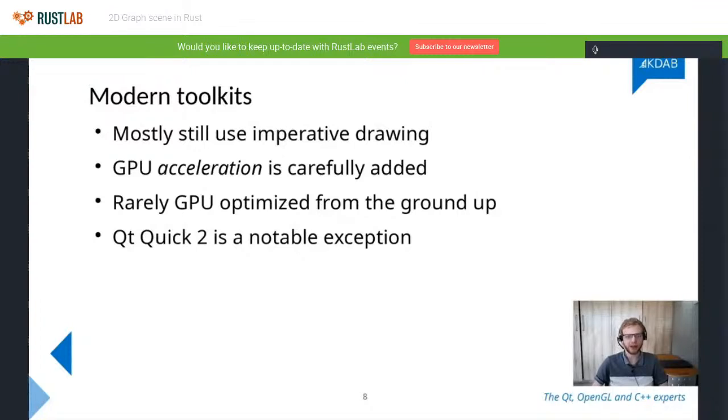A major exception that I know, or the only major exception I know to this trend, is really Qt Quick 2, the topic of this talk basically. So Qt Quick 2 uses a completely different approach where it is optimized for the GPU from the ground up. It forces you to talk to the GPU directly, not to do any of these imperative drawing calls. And I think that is kind of the superior way to go about this. The only other famous thing I know which does this is WebRender, which the engineer I linked on the previous slide is working on.